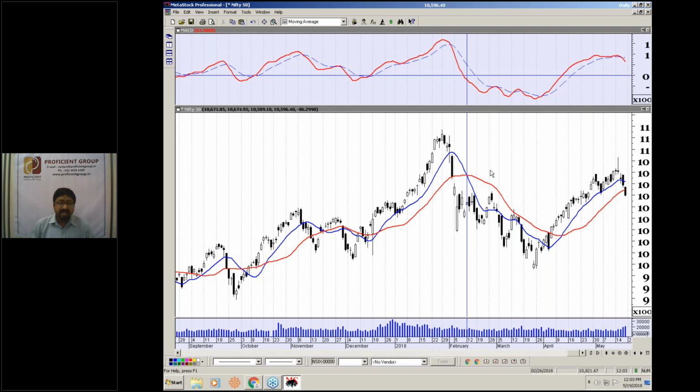And also you can see there are many crossovers between the MACD line and the signal line, but there are not as many crossover signals between the MACD and the zero line. So these zero line crossovers are comparatively lesser in number, so they are more reliable, as they are occurring less frequently. Say for example, this zero line crossover of MACD, like from here